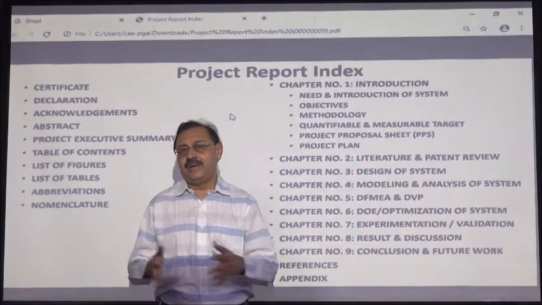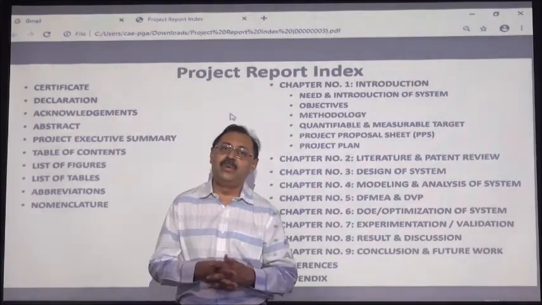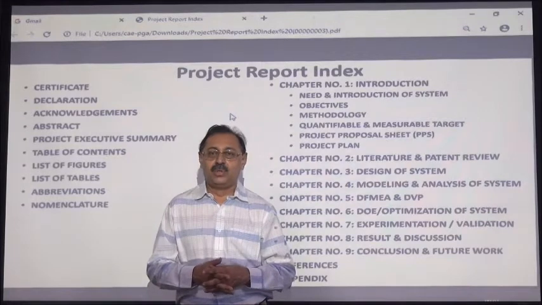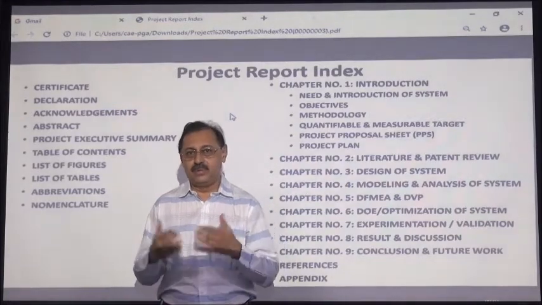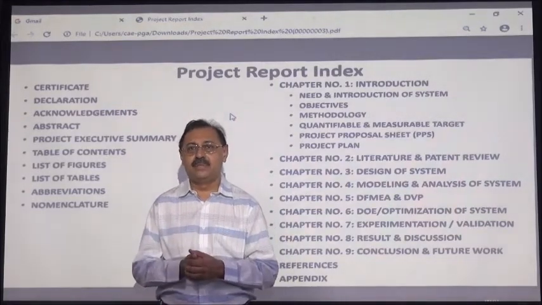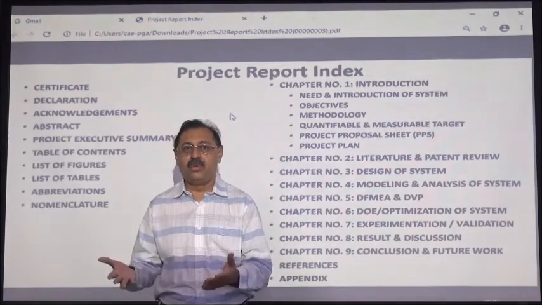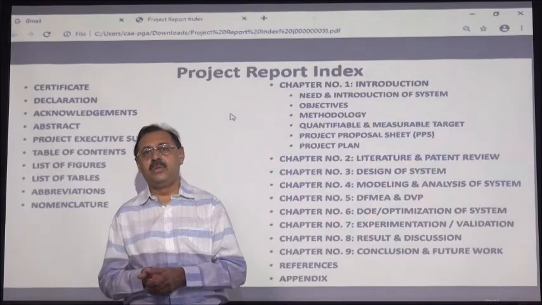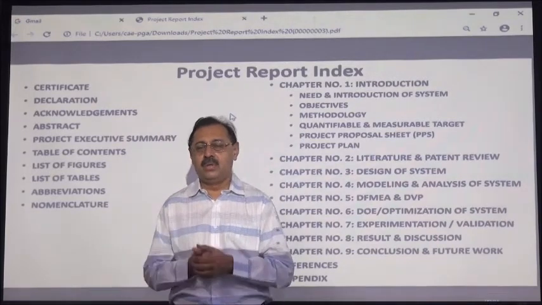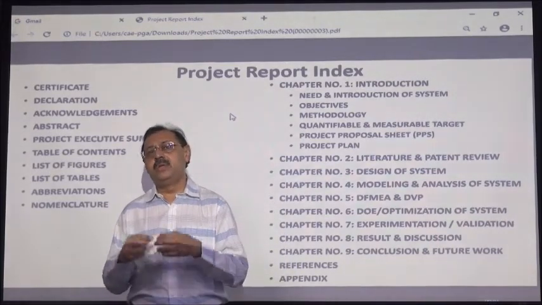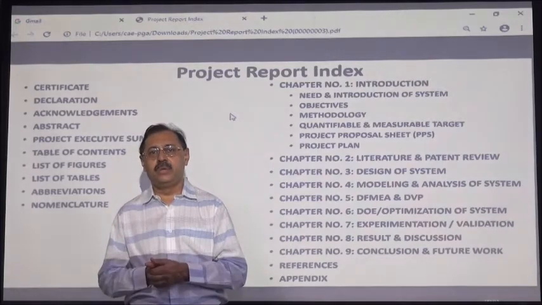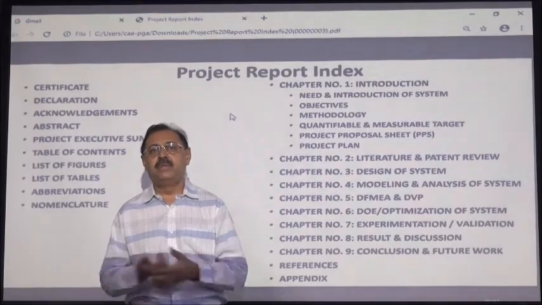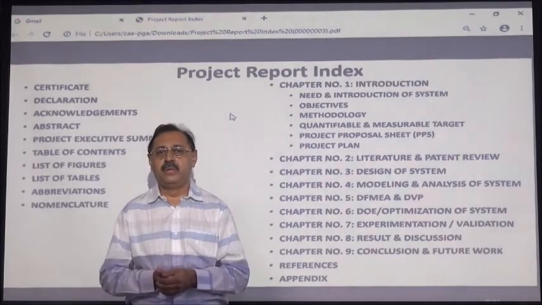So how you write a project report is what I'm going to explain to you today. Whenever you write a project report, it has to be in A4 size and there has to be a particular font. The font and the font size are decided by the respective college or university. Some universities and colleges give a template which you can use. Otherwise, you can just use A4 size and Microsoft Word.